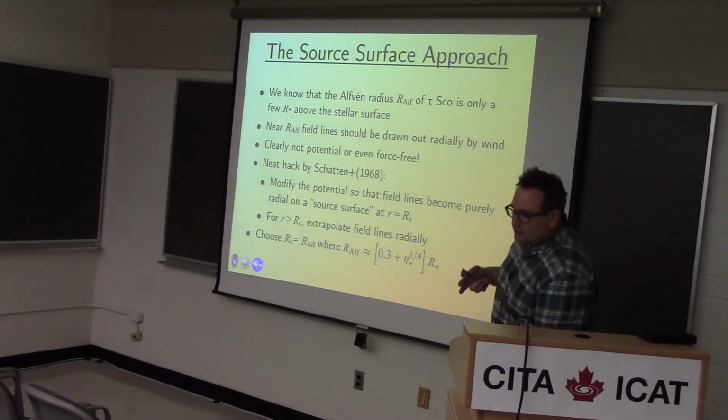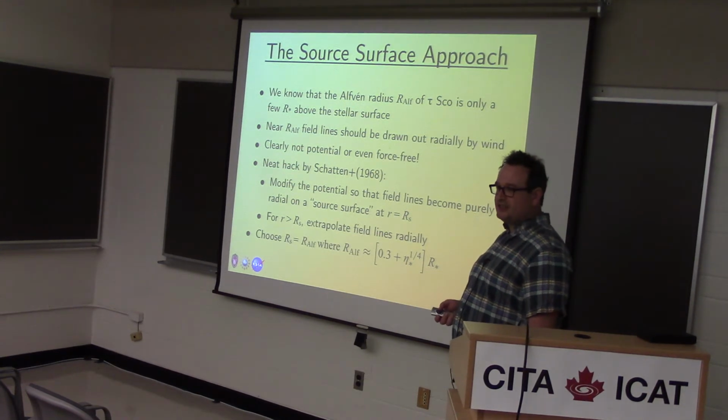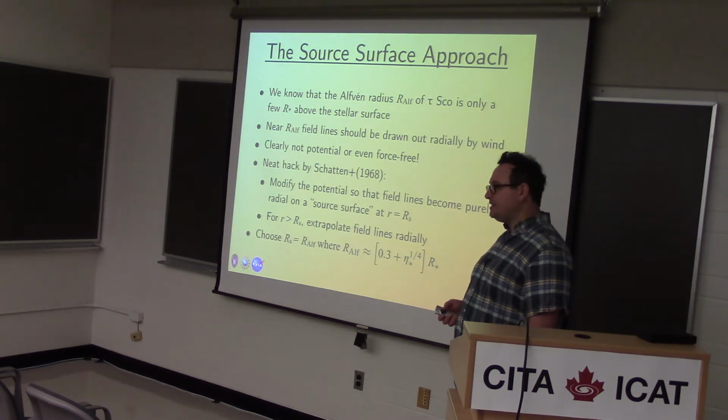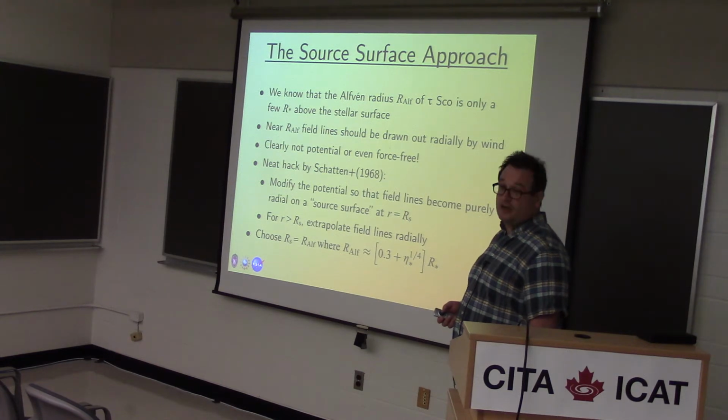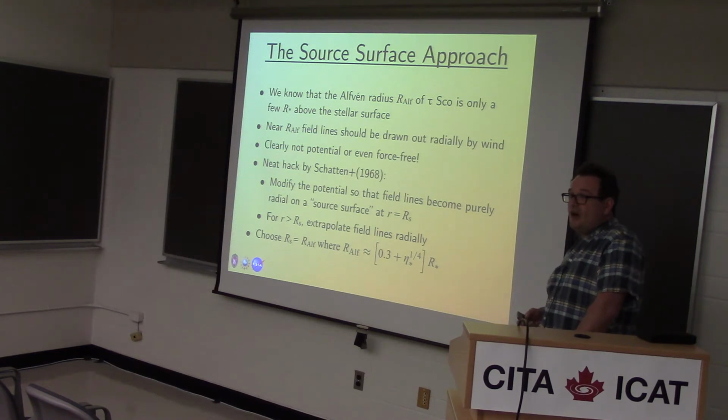So the way the field reconstruction was originally done for Telesco warrants a little bit of explanation, because this is a star for which the force-free approach is certainly wrong. The star doesn't have a particularly strong field, and it's got a moderately strong wind. So we expect the field lines to get seriously distorted and then pulled out and broken open by the wind quite close to the star. So obviously we can't use a potential field extrapolation approach for this star, but nevertheless we do, because we've got to do something. In fact, we're taking our lead from the solar physics community.